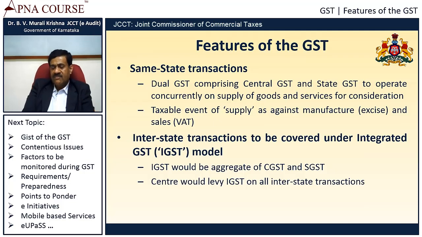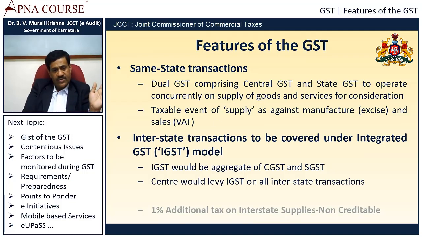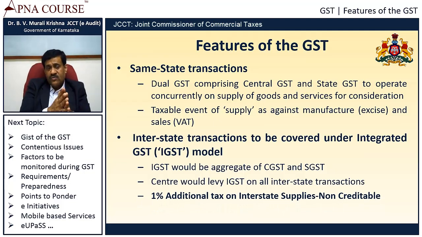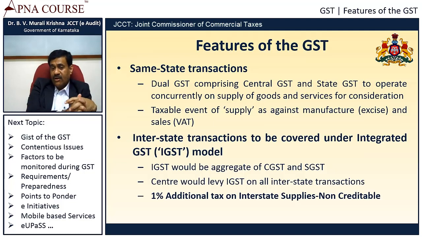And the apportionment and distribution will happen as per the constitutional provisions, or the finance commissioner will decide all those issues. Another feature of GST is the proposed 1% additional tax on interstate supplies, which is not creditable. It's because many of the manufacturing states had a fear that they were going to lose a lot of money, and that there would be a revenue loss because of this proposed new feature of rate of taxes and GST. When they had this apprehension, at least 1% additional tax on interstate